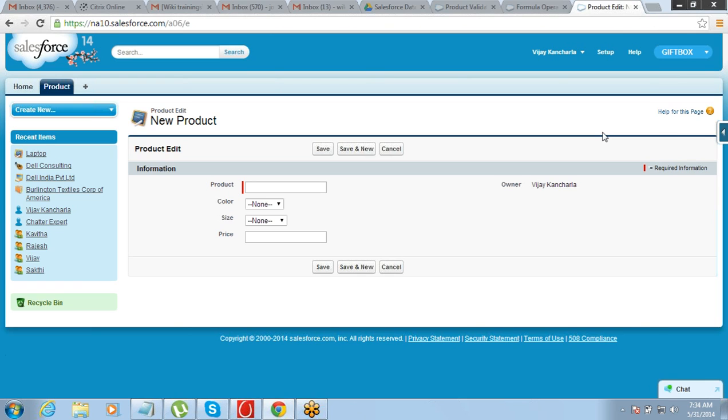So this is about formulas and validation rule. You will just need to spend some time on the formulas and validation rule. Try to create simple ones. I think this product object is available with everyone, or we discussed about Giftbox application product object. All of you must have created. So you can try creating a few formulas around it, few validation, get some idea on this, and then you can try doing it on other objects also, right?